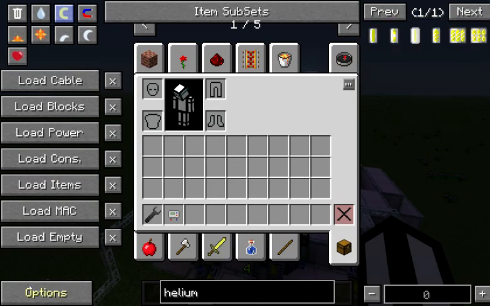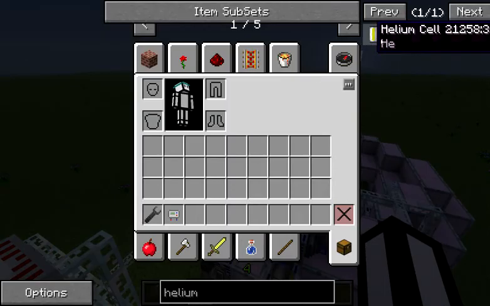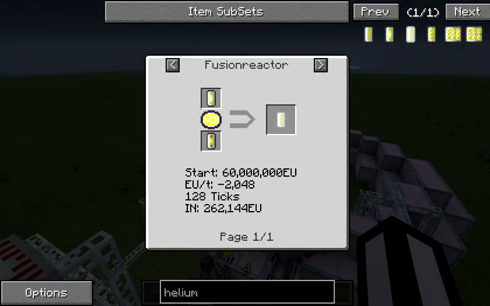Helium-3. Oh, I need to be in recipe mode. Helium-3. What can I make with you? I can make fusion reactions with you. So you can see our fusion reactor, this is using